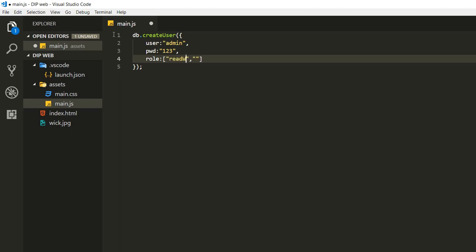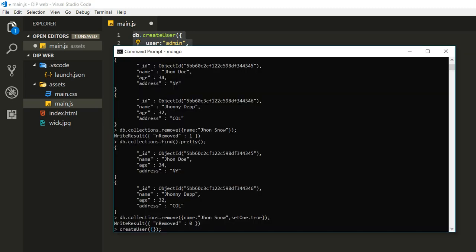You can give read and write operations, and you can give dbAdmin. Like if you take this one and paste it here